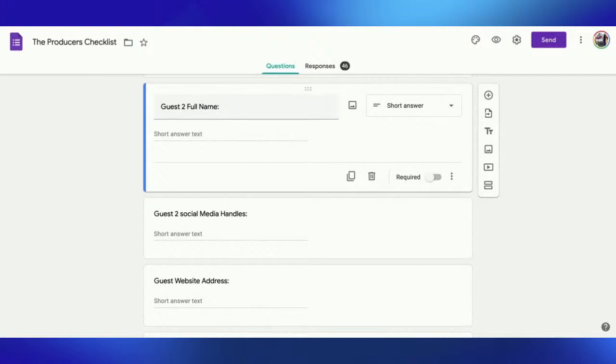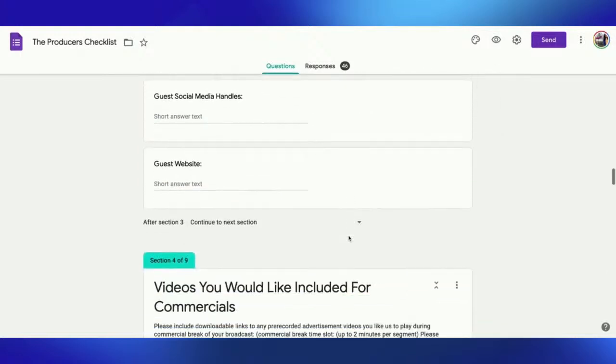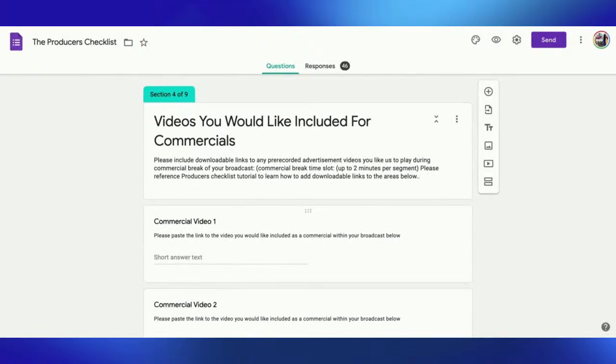Okay. All right. So going down through here, let's take a look at the next thing that we're going to be asking the client for. And that's going to be videos you'd like to include for commercials. Now, obviously, inside of the broadcast, commercials are kind of a big deal, because if your client is doing a virtual event where they are teaming up with other sponsors and things like that that need to be recognized during the show, then you're going to want to be able to highlight those things